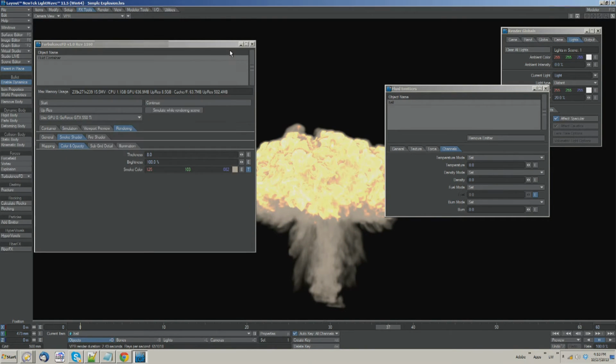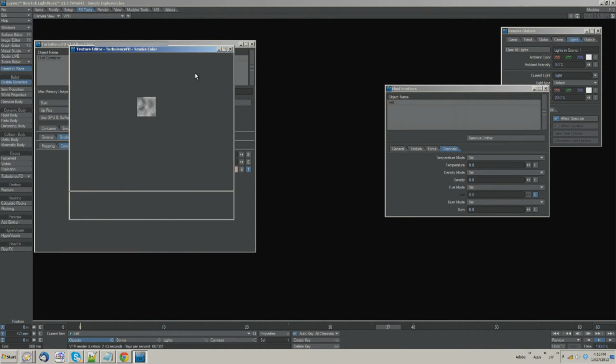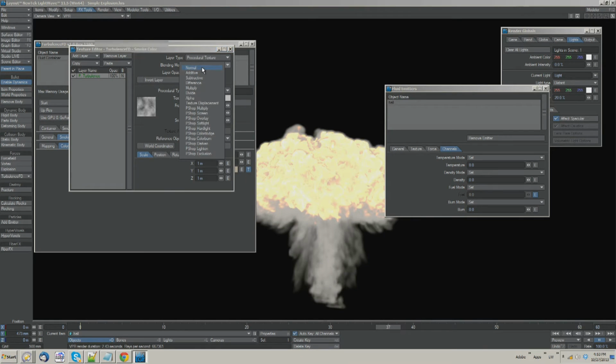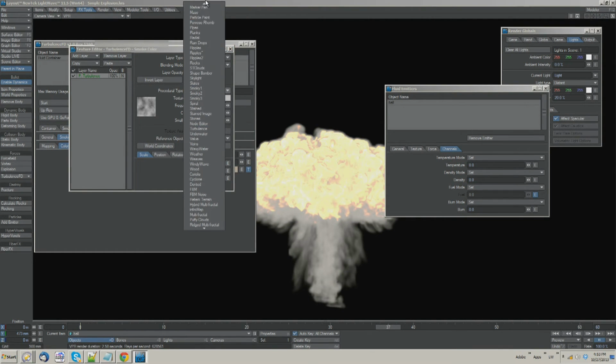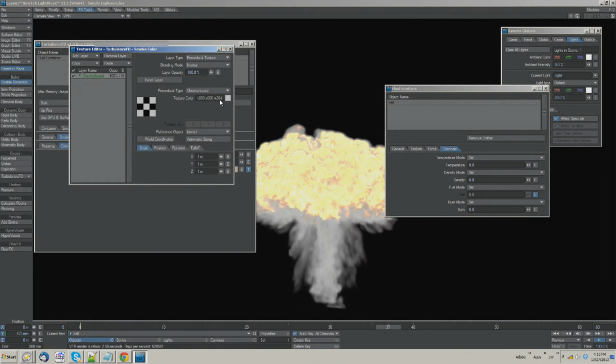Yeah, probably. That's why I was wondering if it was possible to eliminate the light's interference and then just do a direct color on the smoke. Well, you know, I've never tried applying a checkerboard texture. Do it! I'm doing it. You don't have to tell me twice. Checkerboard. Let's take a look at the